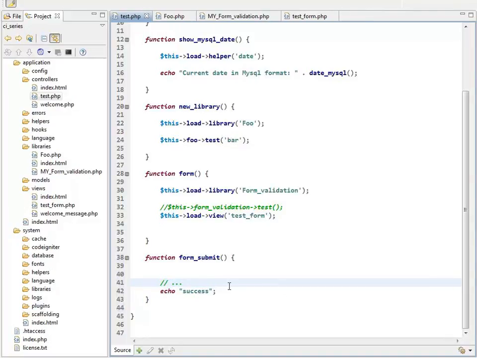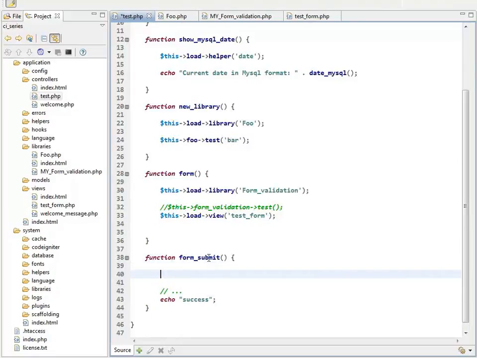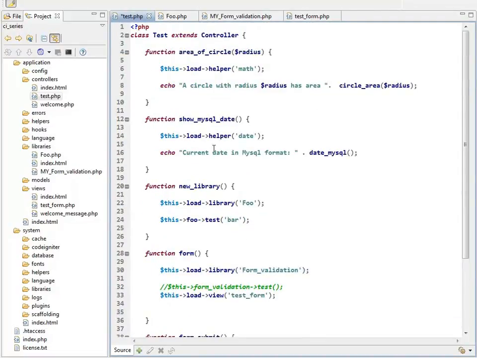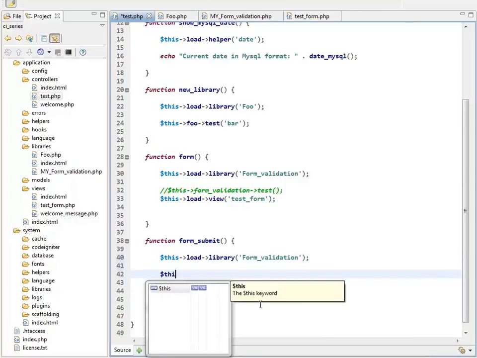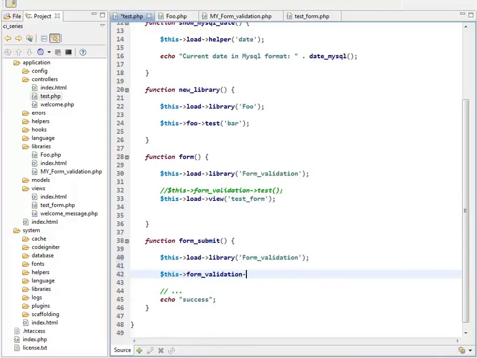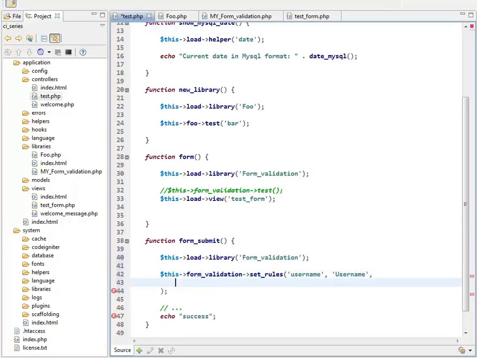If you handle that and forward somewhere else, but before that you have to check the form validation stuff. So to do that, we have to load the library again from this function. You could also load it from the constructor or from the autoloader, but I'm just going to load it again real quick and set some rules. As you remember, the form validation library has this set rules function, and that lets you set rules on every form field that you want to validate. So the username is, let's say, required, alphanumeric and has a minimum length of 6,